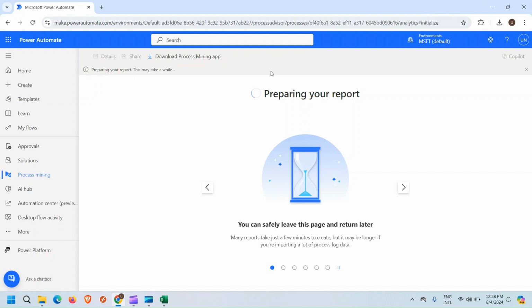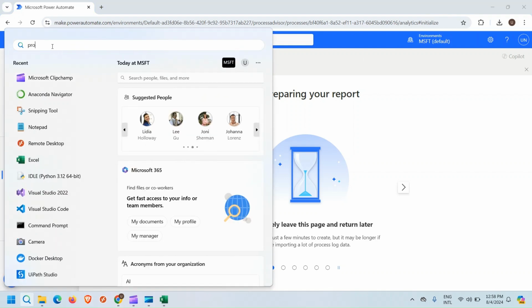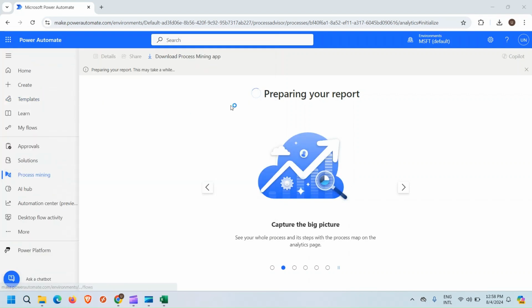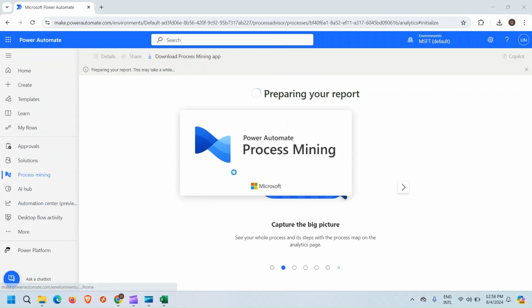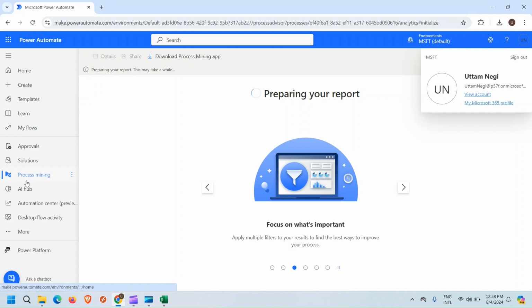If you click here, you'll have a download CSV file, and then you have to install. Once we install that, we'll get a process mining desktop app. It's here, right? So I can open that process mining. If you are signing in for the first time, using this desktop application, then we need to sign in using the same username and password that we are signing in with here,